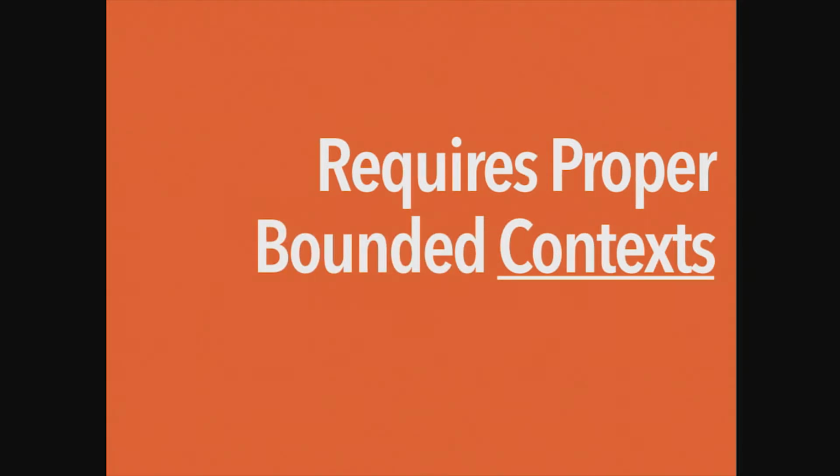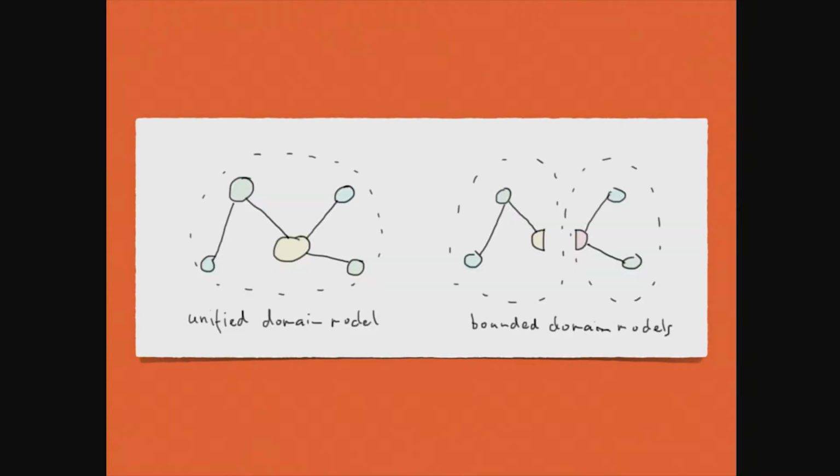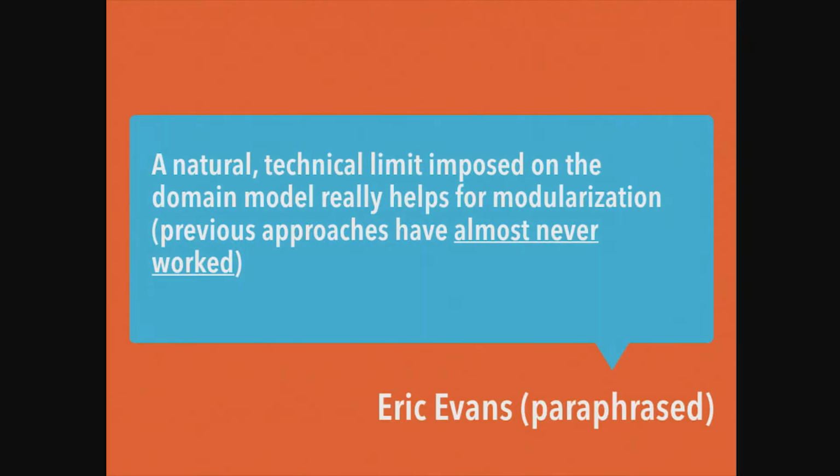What's interesting is that, just like I mentioned, what is required is bounded context, but it also enables us to work with these bounded contexts. We used to be looking for ways to split up our domain model. We usually have this one big domain model, and now we're looking for the smaller ones. And this seldom is successful. As Eric Evans, I paraphrased him here from his talk on microservices: